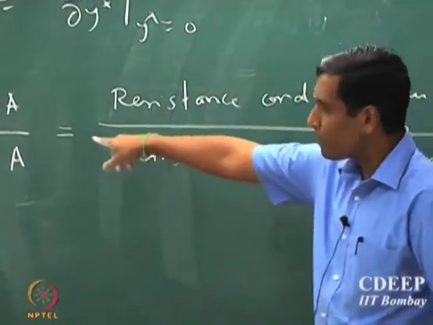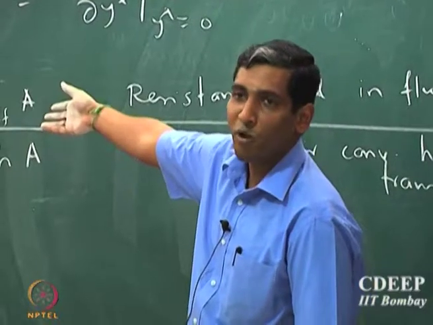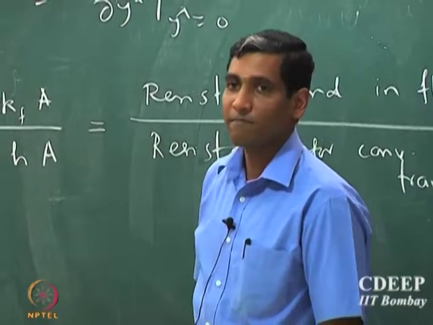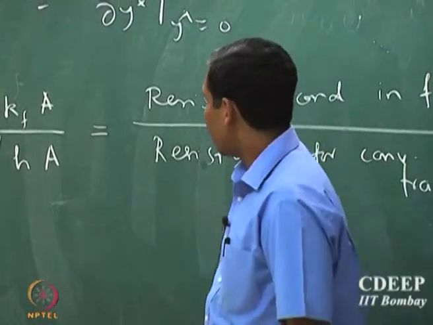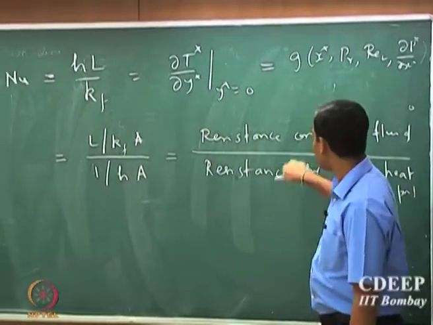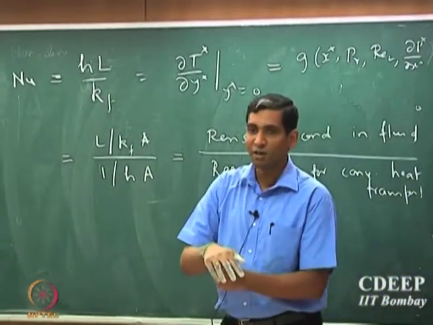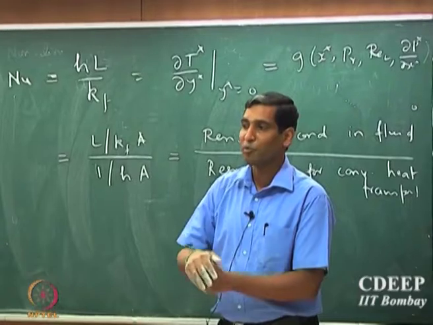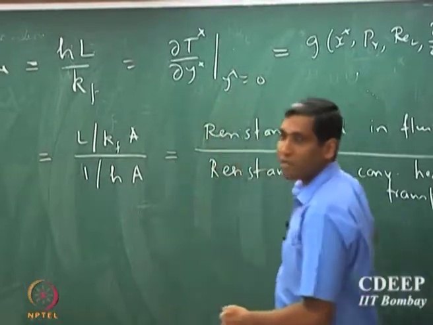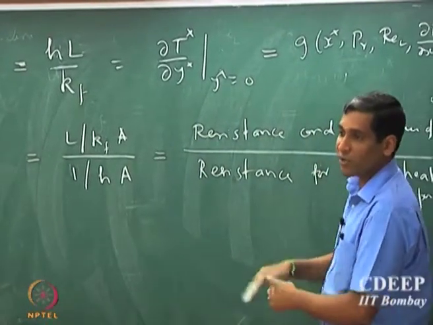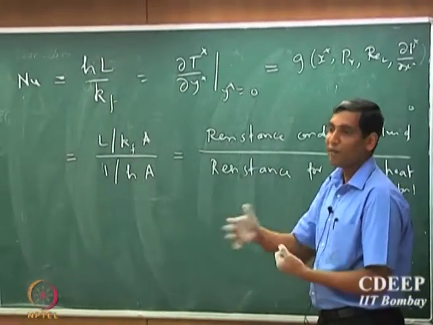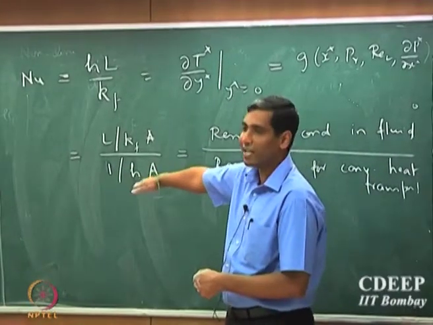Now note that the functional form or the quantities look very similar to what you saw for the Biot number in conduction. What's the difference? In the Biot number, it's the conduction in the solid. So there you are comparing the resistance to conduction in the solid versus the resistance to heat transport because of convection from the solid to the fluid. Here you are comparing the resistance of conduction in the fluid phase versus the resistance for transport from the solid to the fluid phase. So there is a fundamental difference in the quantities, and that's why they carry different names. Okay.